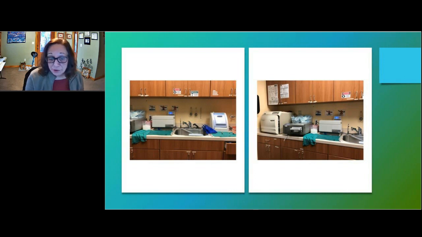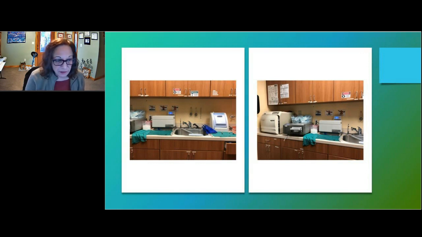I wanted to point out a couple more things here. So you have the instrument sink, you have the instrument washing sink, you have the ultrasonic with a very wet towel sitting next to it. You have the instrument lubricant, that's what that white stuff is in that container. And the two sterilizers. Please note on top of the small sterilizer, the Statim, you actually have instruments packaged and waiting to go into the sterilizer,